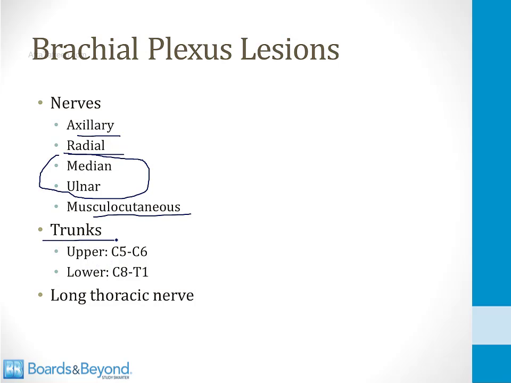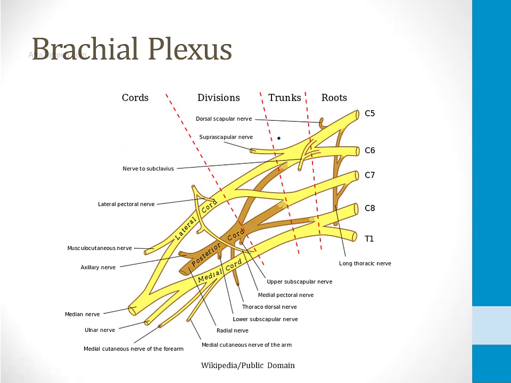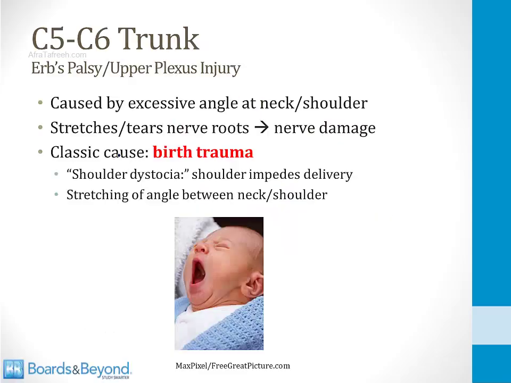and you can basically think of two trunk lesions. One is an upper lesion and one is a lower lesion. On this slide, you can see that there is an upper trunk of the brachial plexus formed by C5 and C6, and we'll talk about what happens when there's a lesion of that trunk. There's also a lower trunk here, which receives fibers from C8 and T1. A C5-C6 trunk lesion is also called an Erb's palsy or an upper plexus injury,